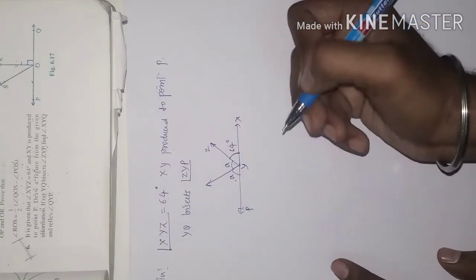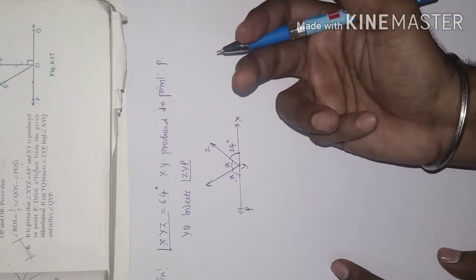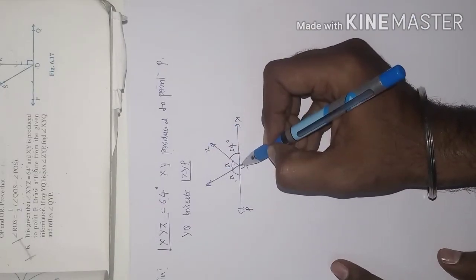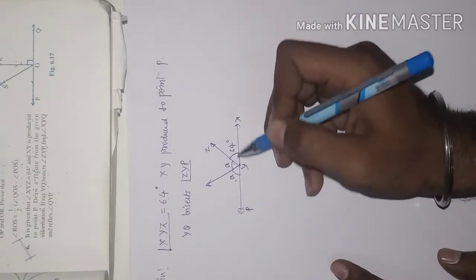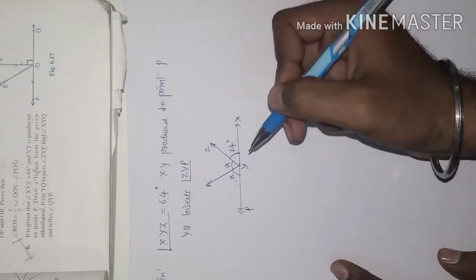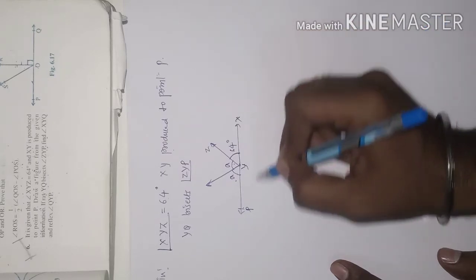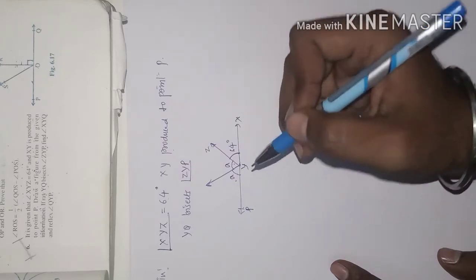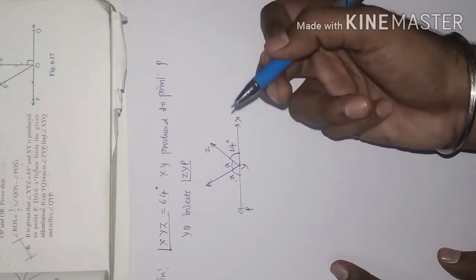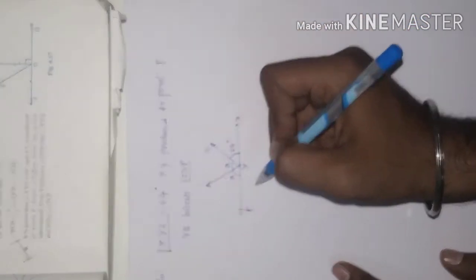As you know, a ray standing on a line, the sum of the two adjacent angles is equal to 180 degrees. Here we have two rays standing on a line, and we can apply the linear pair of angles. It may be 2 rays or 3 rays, but the sum will be 180 degrees only. It may even be only 1 ray. We can apply the linear pair for a line where rays are standing on it.